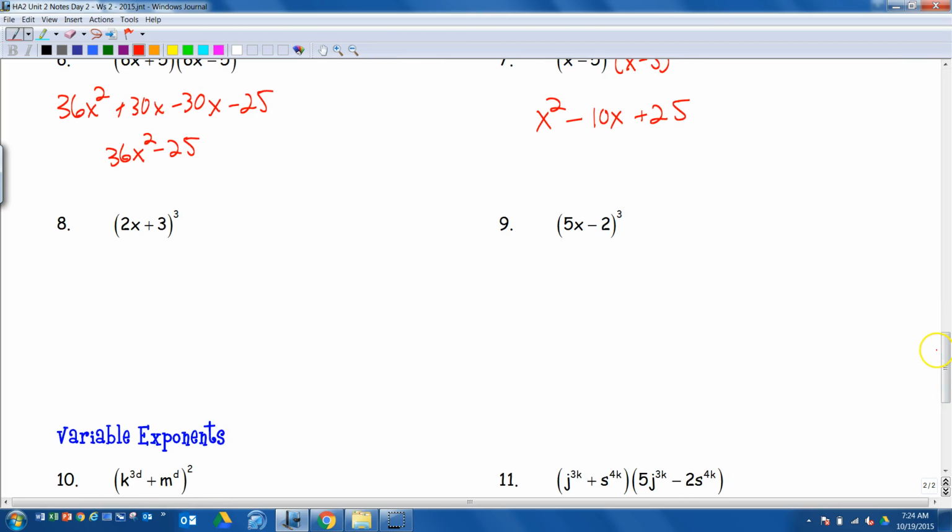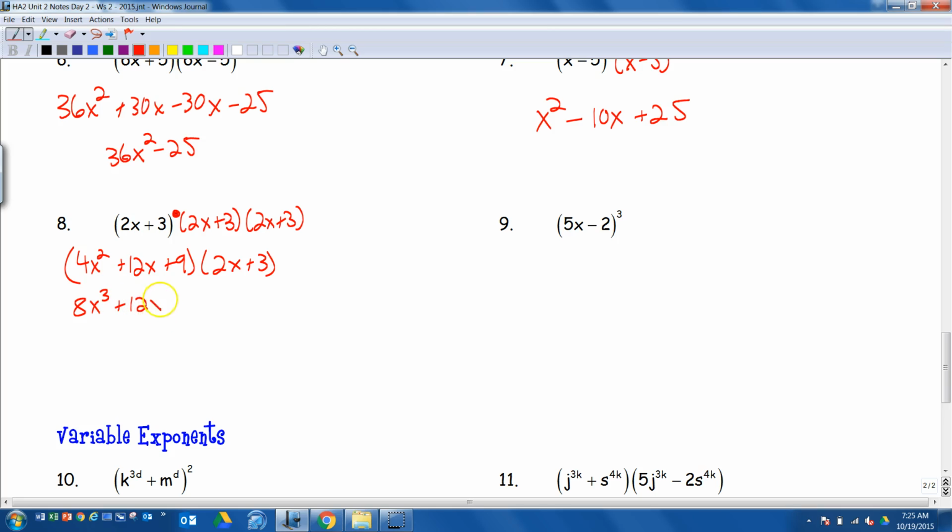Alright, so for this one, I'm going to do both methods. I'm going to use the pattern, and I'm going to multiply it out. So for this one, I'm going to multiply it out. So I get 4x squared plus 6 is plus 12x plus 9 times 2x plus 3. Alright, now I'm going to multiply it out again. So I get 8x cubed